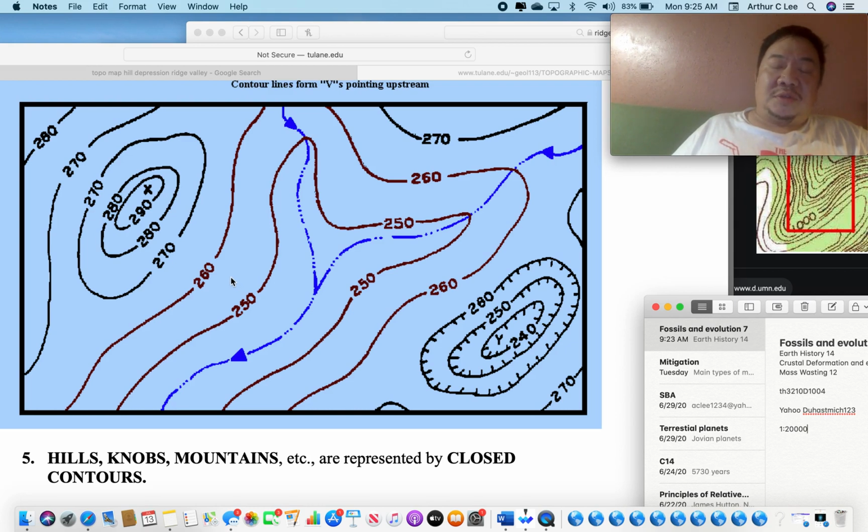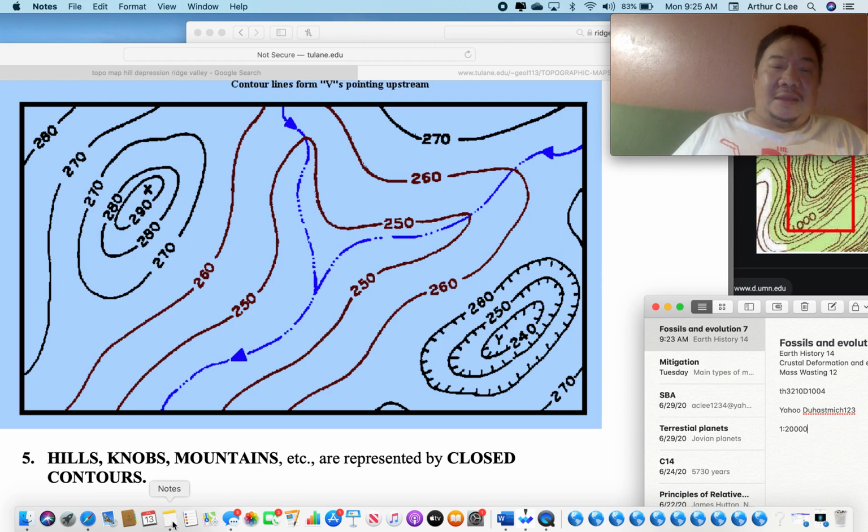As I walk towards the northwest, I'm walking uphill to 260 feet, 265, 270. See this X on top of the hill? How high above sea level am I on the top of the hill? Well, in order to figure that out, I take the nearest line from the X, which is 290 feet,